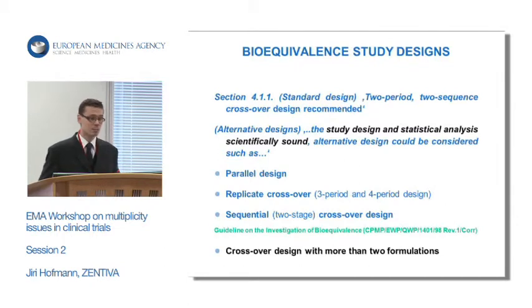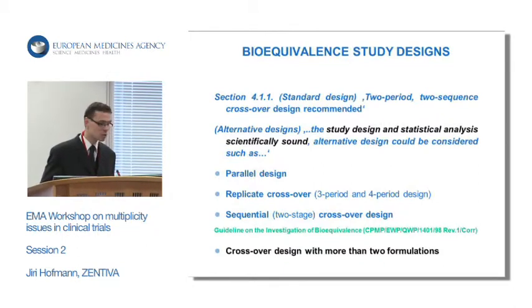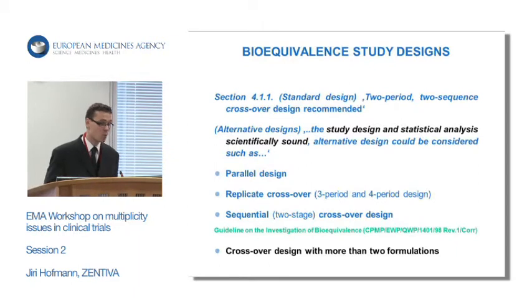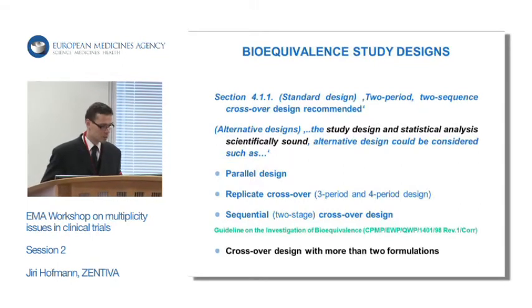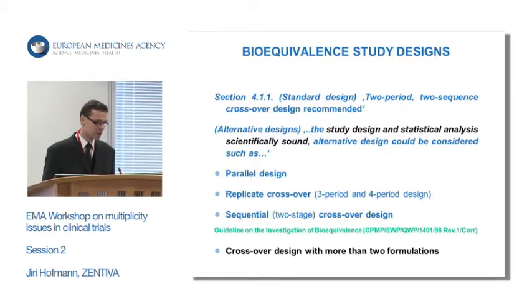The gold standard in bioequivalence testing is the randomized single-dose, two-period, two-sequence crossover design when comparing two formulations. The guideline says that there are alternative designs, and under certain circumstances, provided that the study design and statistical analysis are scientifically sound, an alternative, well-established design could be considered. And these designs are, for example, parallel design, replicate crossover designs that are useful for highly variable drugs, or sequential